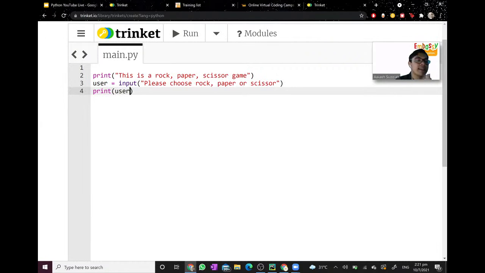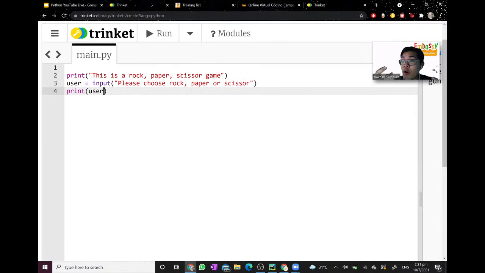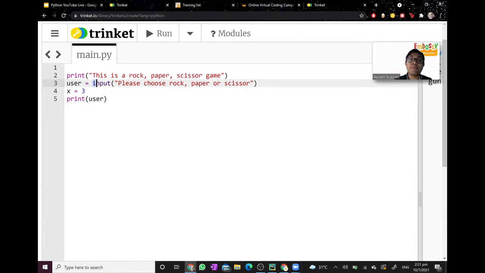The input function basically is a way for us to get the value of a variable based on the input of a user. So previously, as you see, if I want to give a variable a value, all I have to do is name the variable like x and write the value of 3, correct? However, let's say I want x to have the value of whatever the user, or me, am typing, to be. So that means I don't pre-program the value of x. Really, I want x to be a value that you set by yourself. So if that's something you want to do, you have to use the input function.